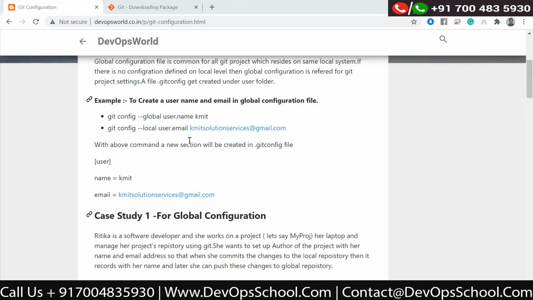There are some more settings which you can change at the global level if required. I gave you the example of username and email. For example, if you want to change the color or some UI changes, you can do it in the global configuration file. But from the repository point of view, these two settings, user.name and user.email, are mandatory.